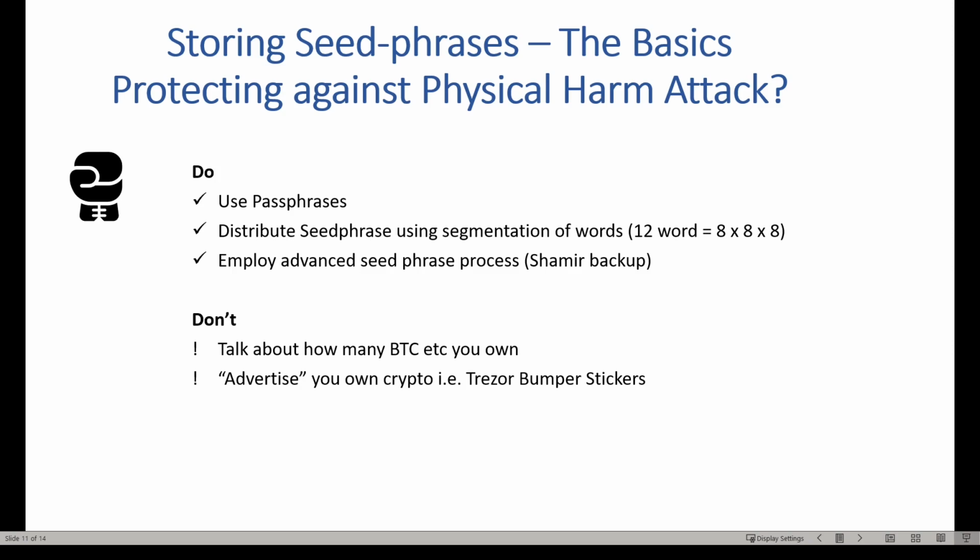And I don't know why companies do this. So you order your Trezor device or your Ledger, and they give you bumper stickers in the pack. So what are you going to do with this bumper sticker? Stick it on your laptop, stick it on your car, stick it on your house window? I just don't see the sense in having those bumper stickers. Why would you want to advertise that you've got a Trezor device where you're storing all these digital assets? It's just dumb. Don't do it. Don't go sticking the stickers everywhere.